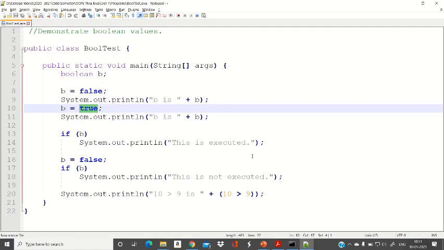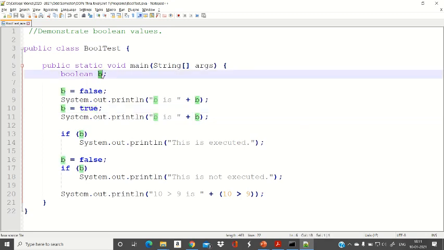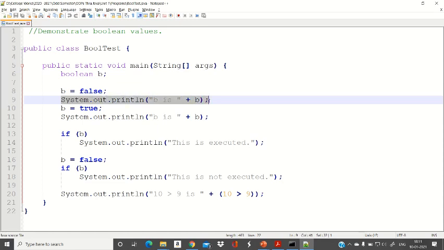The name of the program is BoolTest and I have declared a variable b of type boolean. This variable b can take only two types of values, namely false or true. I have assigned false and I am printing the value. Again I am changing it to true and then I am printing the value. Now instead of using any relational operator, straight away I am using this variable in the if statement and